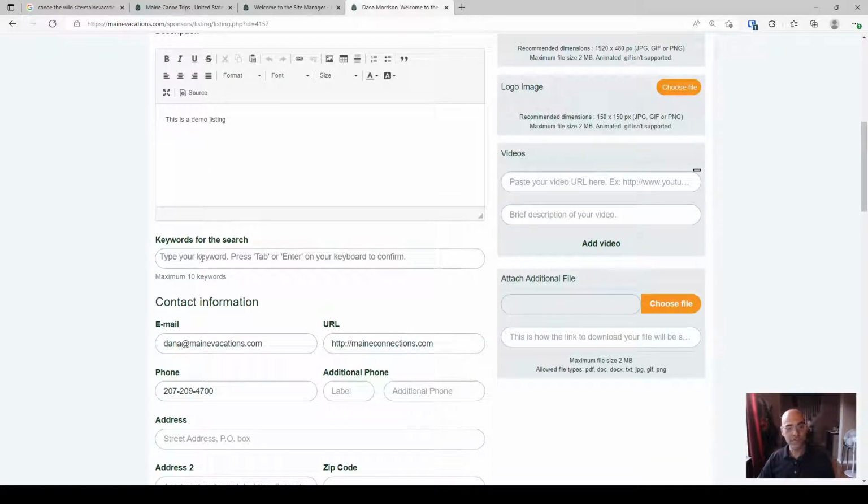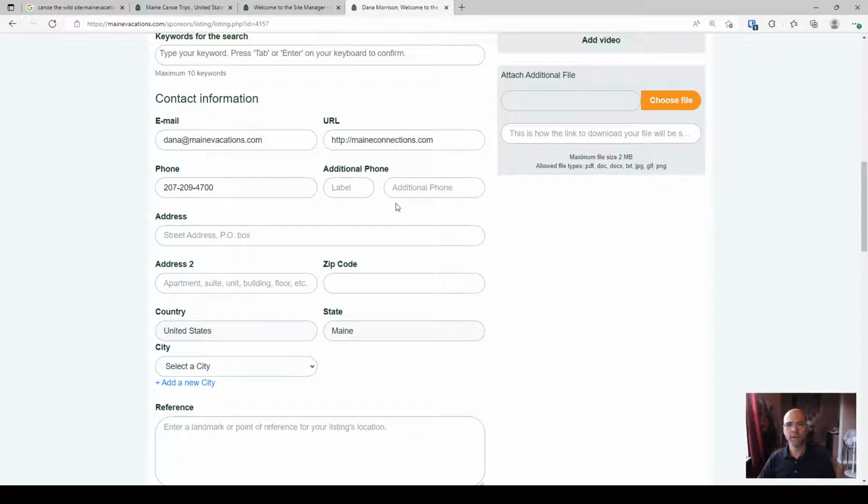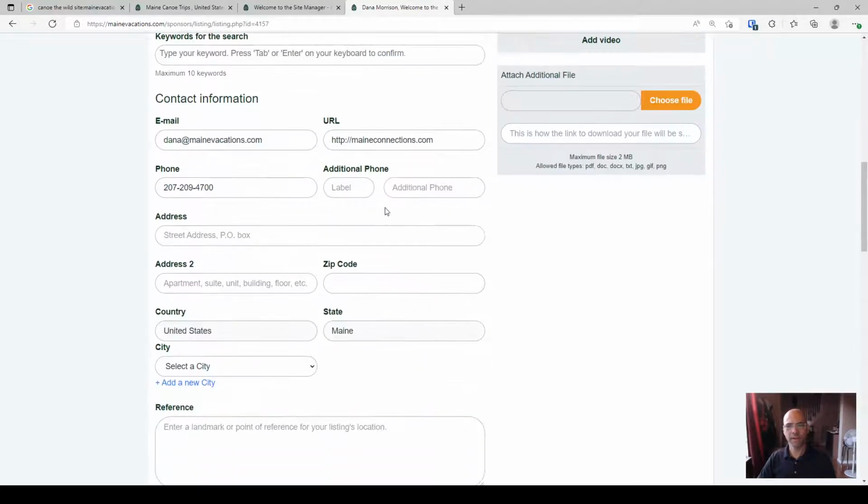Keywords for search, this is insight search. So at mainvacations.com, somebody types in a particular keyword in a search and you want to make sure that appears for this business, then you can put those there. Contact information, phone number. On this particular plan that I'm on right here, there's also an additional phone line that can be established. Like we have multiple offices,